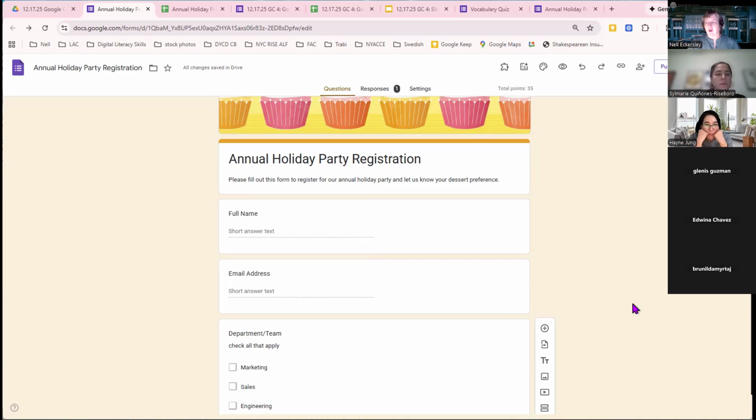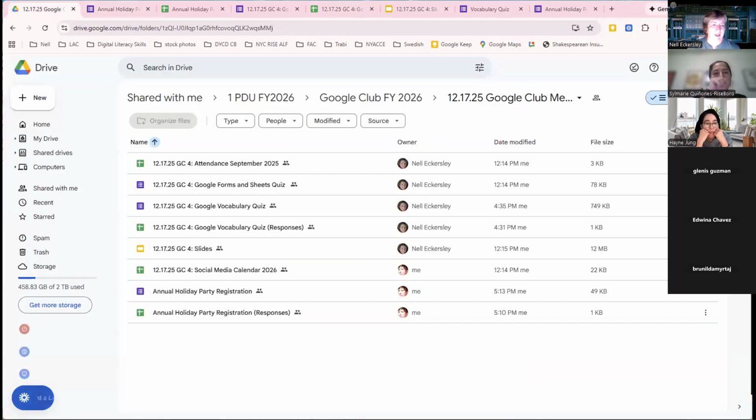All right, so those are our Google Forms. As usual, we're running out of time. So now we're going to run quickly over and look at some stuff in our Google Sheets. You could gather a lot of data from your Google Sheets. You could even do attendance through a Google form and have it come into a Google Sheet. So we're going to look at an example of using